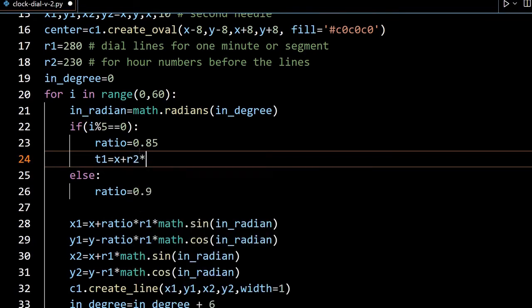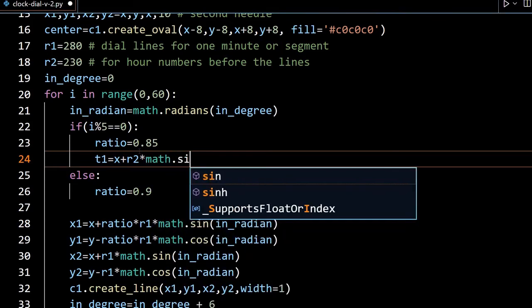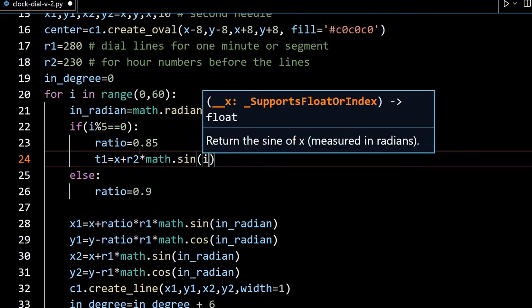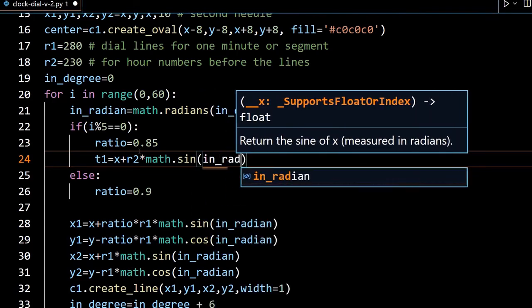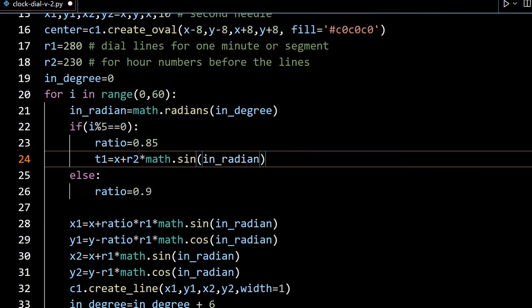Now there comes the math function sine, math dot sine. Now here it is in radian. Fine. So here it is. Now this is the coordinate to our text, so we can write it that also. For adding text, text means these are the numbers, hour 1, 2, 3, 4 up to 12 o'clock.